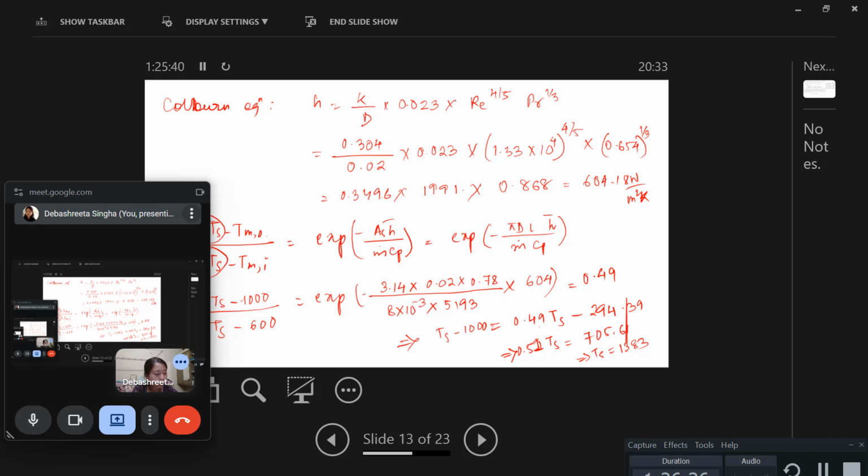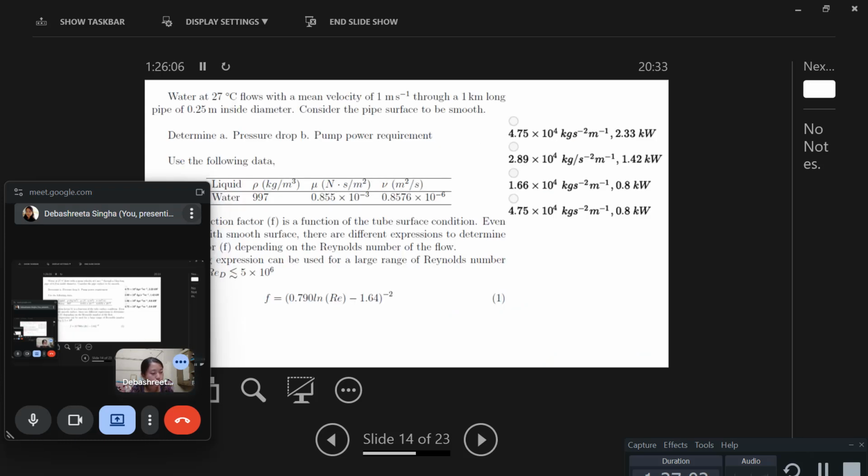Okay. So it was 1 minus 0.49, which comes out to be 0.51. And if we take 1000 there, 1000 minus 294.39 is this. So TS will be 705.61 divided by 0.51. Okay. So moving to the next question,